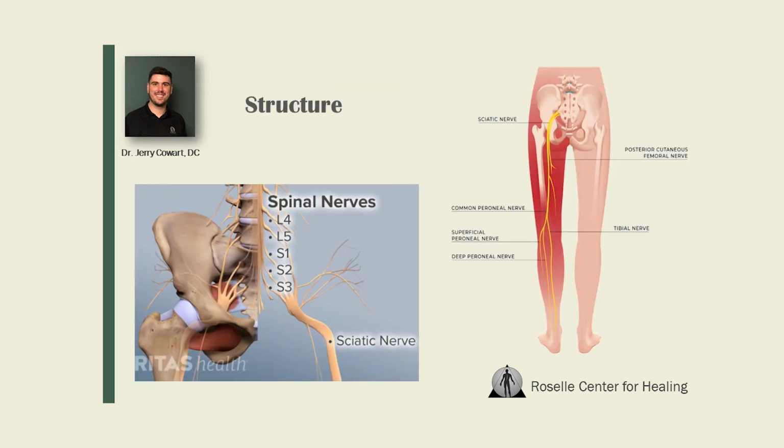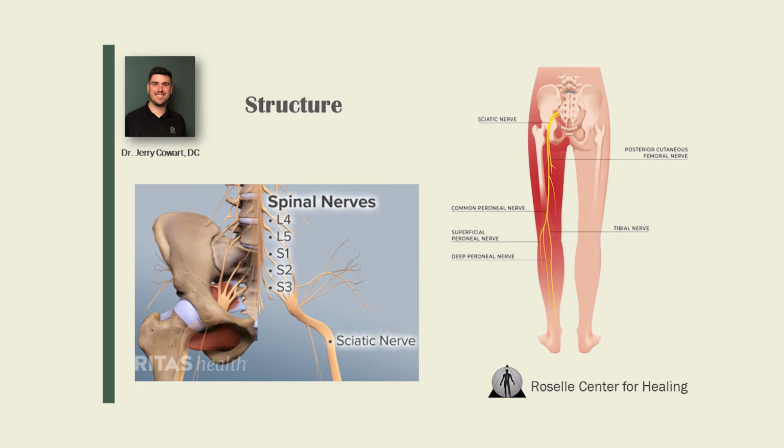All right, so as we started with the previous slide, the structural piece really is where a lot of chiropractors kind of lie and get a lot of bang for their buck, so to speak. So when we want to look at the structural component of the whole sciatic nerve area, so that way you guys are understanding what part of the body we are talking about here and what parts of the body are being affected if we're dealing with sciatica.